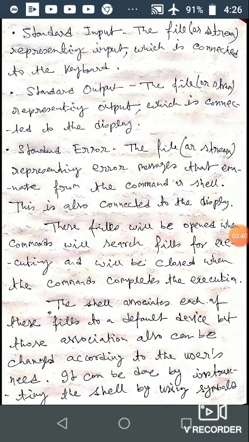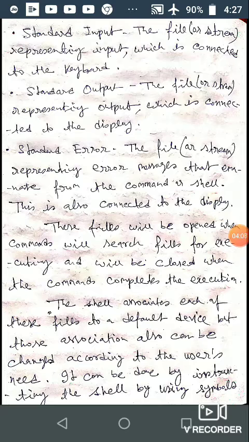So there is a relation between the closing of these standard files and the execution of the command.